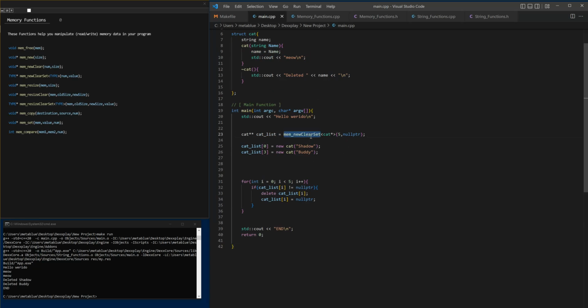The point is mem clear set allows us to set our entire list to null pointer, and this is great because that's what we want. I don't want to manually do that. And what's even great is with the mem resize clear set, if we wanted to increase the size of this list,